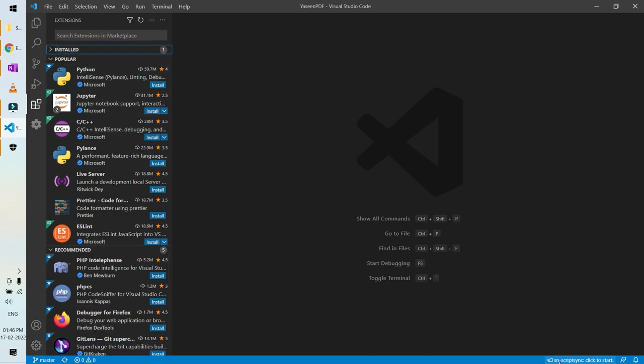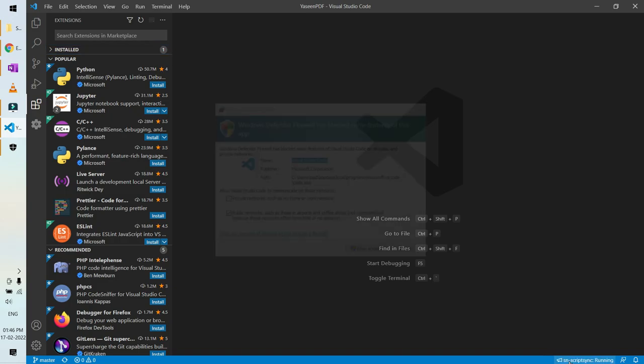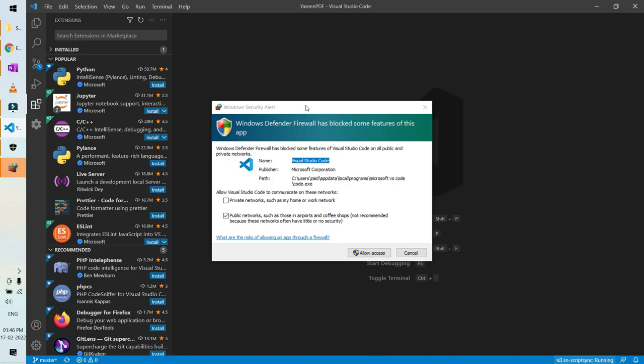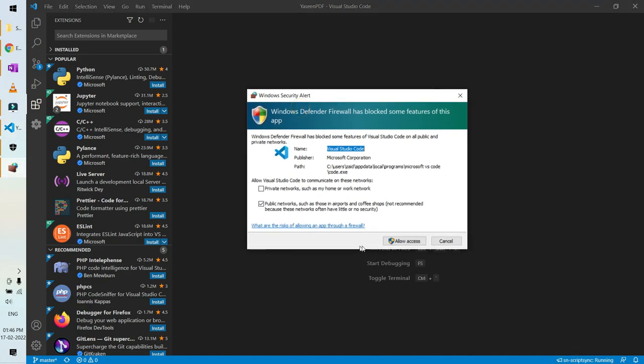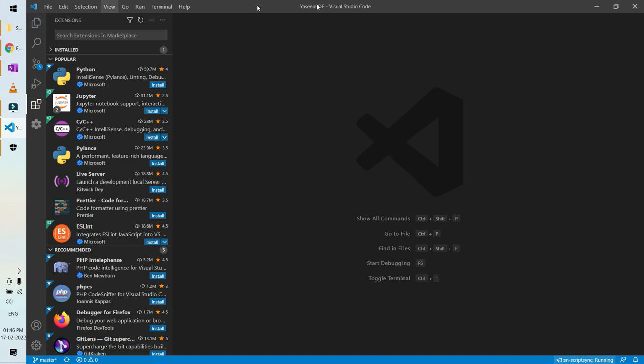After you install it, if you look at the bottom right side, there is an SN ScriptSync click to start option. You need to click on that in order to start your synchronization between Visual Studio Code and Google Chrome. Click on that and it will ask for a permission, and then you can click on allow access. And once you give access from Visual Studio Code, then go back to your